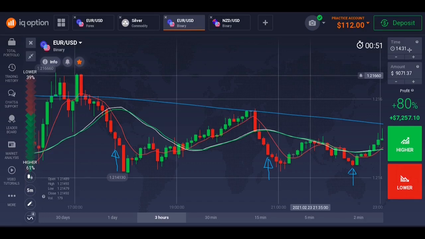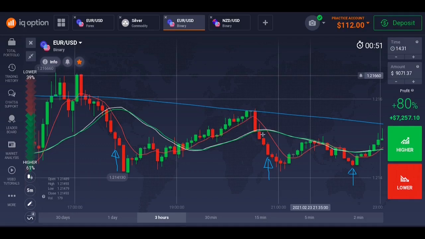You set your time to 5 minutes. Then you sell. Then you wait again for this market to retrace and touch this moving average, then get back down again. So when it retraced here, the red moving average and the candles crossed this green and white moving average, touched this blue moving average, and came back down again.